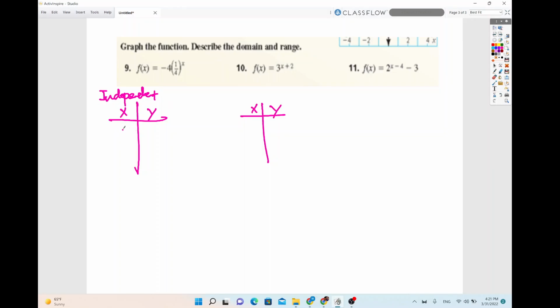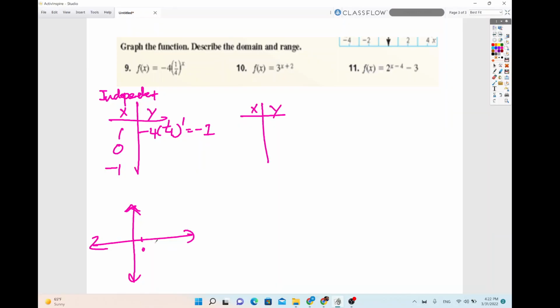For example, easy numbers such as 1, 0, negative 1. So what happens once we plug in 1 right here? We got negative 4 times 1/4 to the power of 1. So 1/4 to the first power is 1/4, and 1/4 times negative 4 would be negative 1. So it's the point 1 comma negative 1. So to sketch the graph, 1 comma negative 1 would be in the